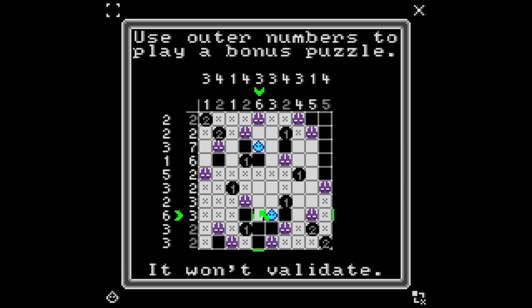Let's look at this row here for a moment, and this one. This one has 3 walls, and of course, one of them is going to be in one of these 2 spaces, but only one. It can't be 2 because that would lock in the crystal. That means we have to have 2 walls here, and one of these 2 is a wall. Now, since one of these 2 is a wall,